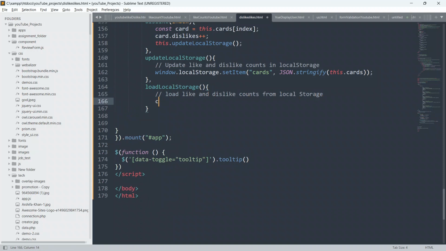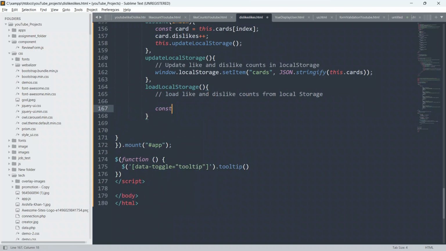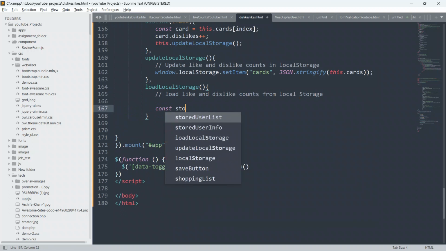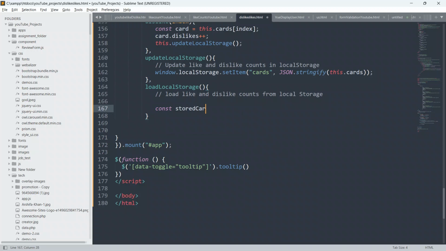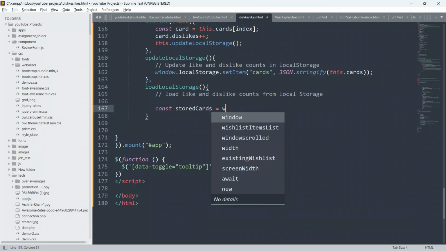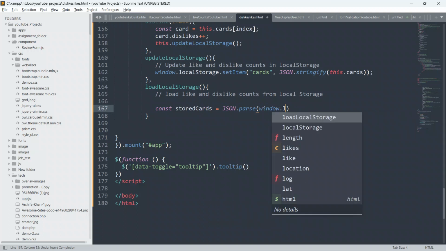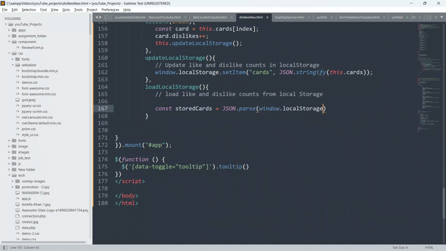Here I will create a const. Give it the name storedCards as a variable, and we will say JSON.parse, and then window.localStorage.getItem.